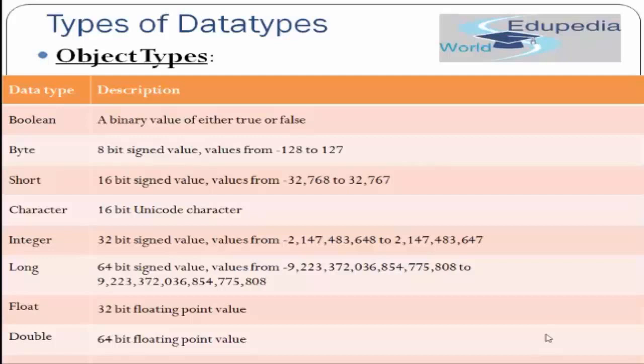Okay, so let's study some of the object classes in Java. You can see all these classes which you have studied as primitive types are present as object types, but they have their first letter capital. These are also known as wrapper classes because these are classes built upon their primitive types. They can take up the same values that their primitive type is taking. So a boolean can again take up true and false, but this is an object type. This is not a primitive type. That means Boolean with a capital B is a class in Java. It is a predefined class.